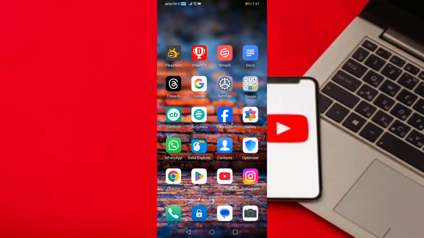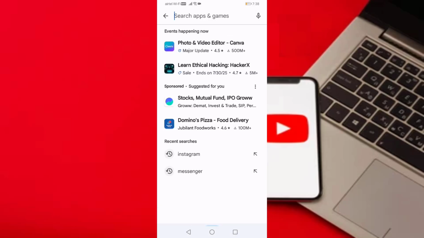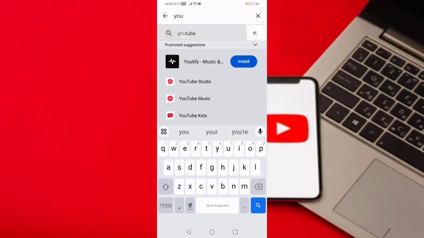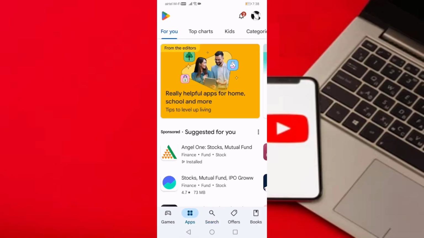Guys, if you are also facing this error, then I will show you how to fix this problem. First of all, check whether your internet is working or not. Then open your Google Play Store. Then search here for YouTube. If your YouTube app is not up to date, then update it from here. If it is already up to date, then go back and go to the settings,